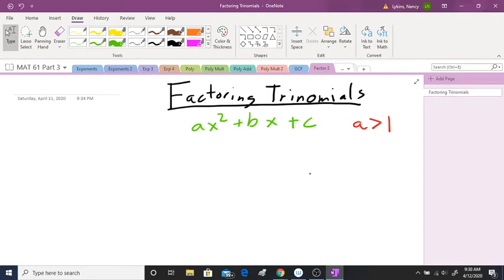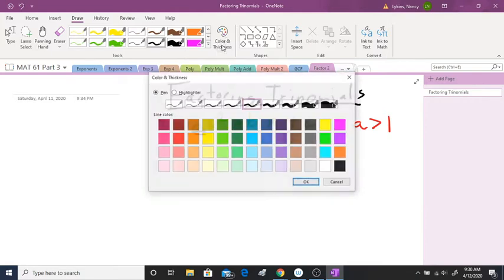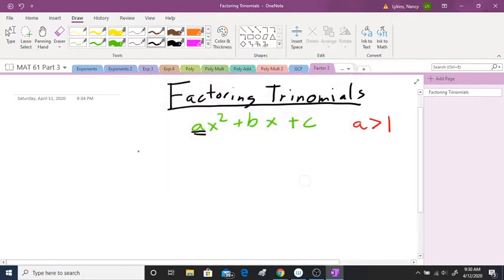Okay, welcome back to Factoring Trinomials. Just to give you a little review of our previous video, the trinomial that we're going to talk about is in the form of ax squared plus bx plus c. And I want to show us how to factor when a, right here, is greater than 1. But first, just for a quick review,